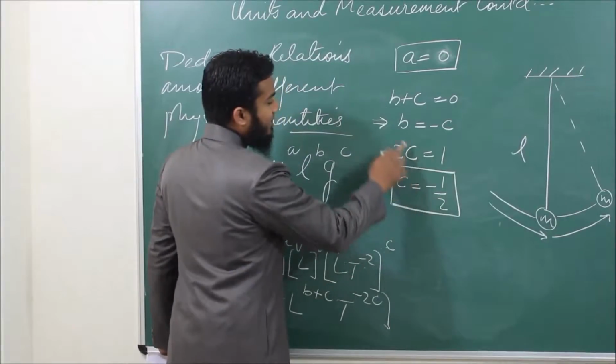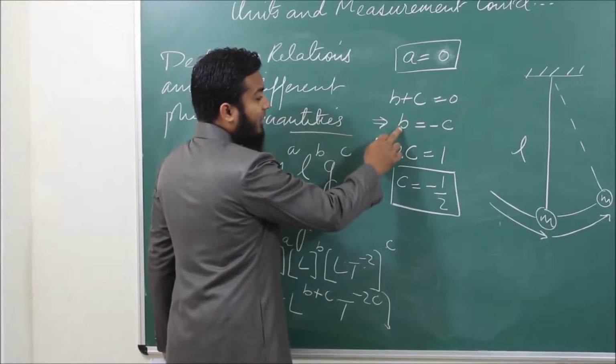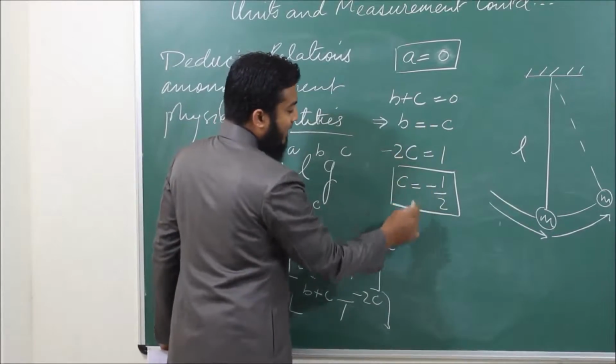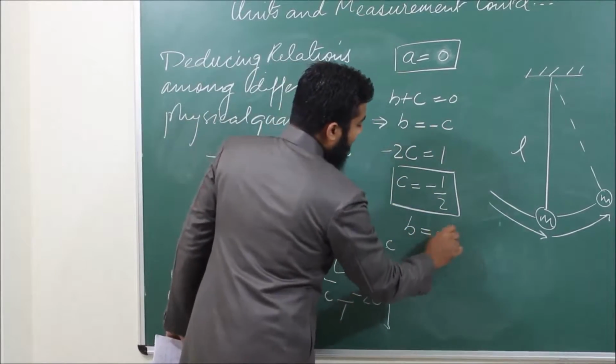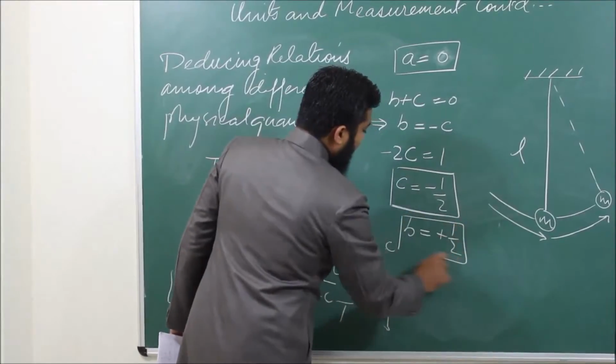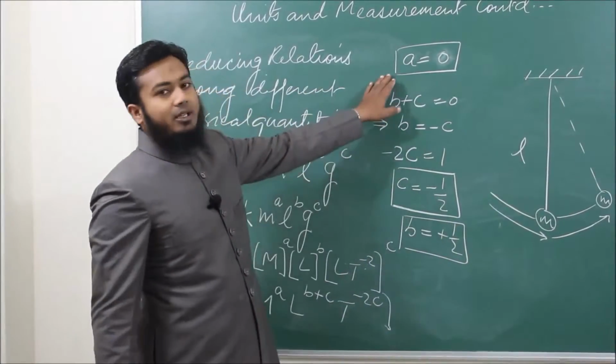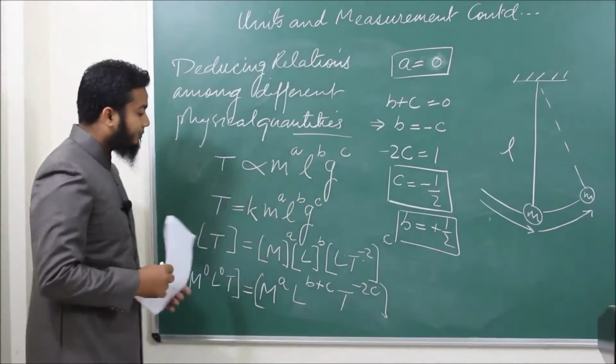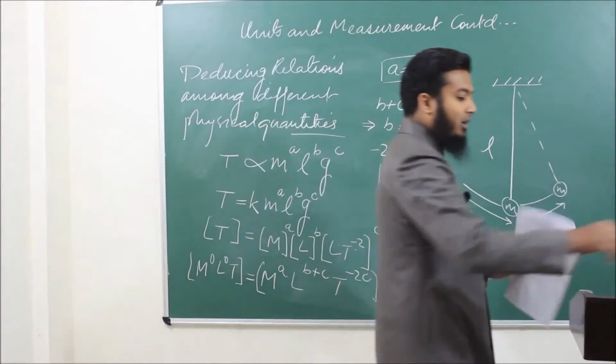And if c is minus half, you can see b is minus c, and minus of minus half is just plus half. So b is plus half. So you found the values of all the exponents. A is 0, b is plus half, and c is minus half. Now I can put these values back in